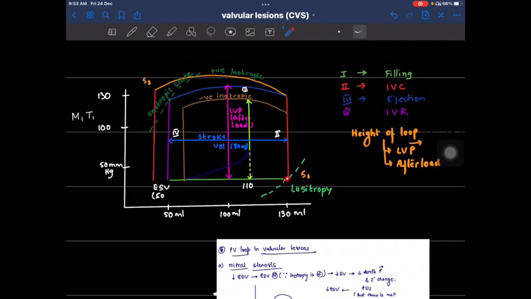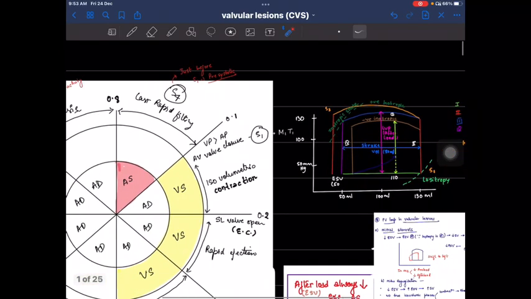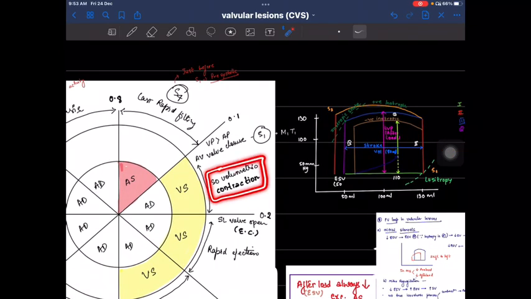Okay, then we reach here. But now we see that the volume has stopped increasing, but the pressure abruptly rises, right? So what part of the cycle can you correspond this to? That is the isovolumetric contraction, right? And we know from our cardiac cycle knowledge that isovolumetric contraction is preceded by S1. It has to, right? Because S1 corresponds with the closure of the mitral valve, so it has to close for it to be isovolumetric. The volume has to remain constant. Nothing goes, nothing comes, right? So all valves have to be closed. So S1 corresponds with your mitral valve closure, right?